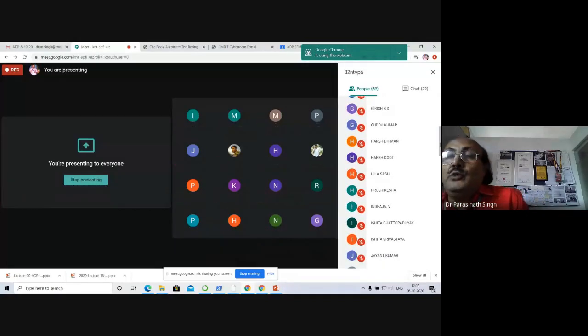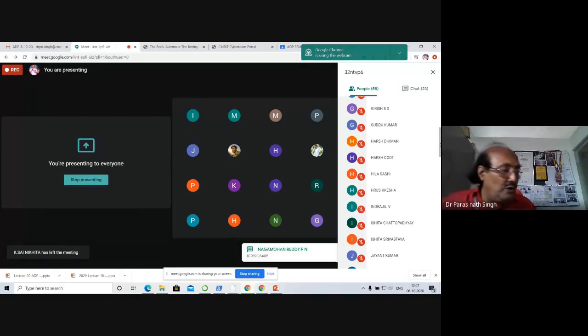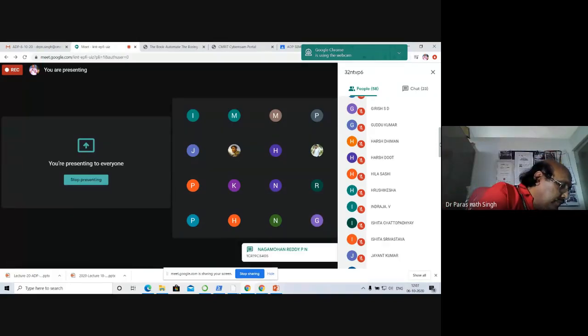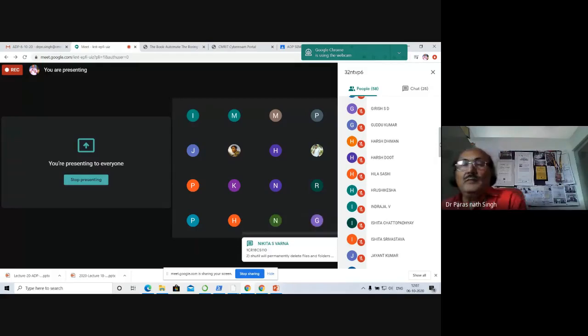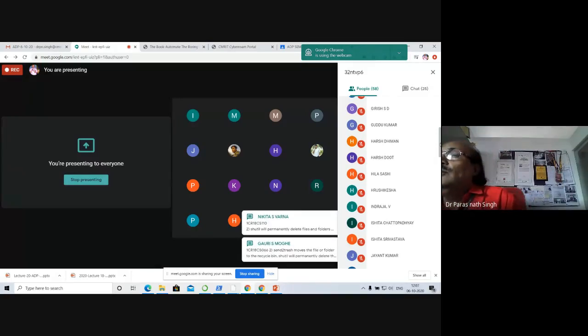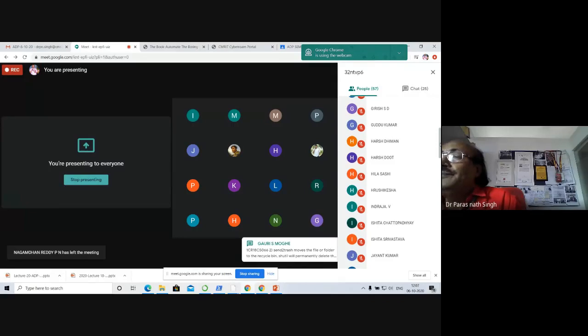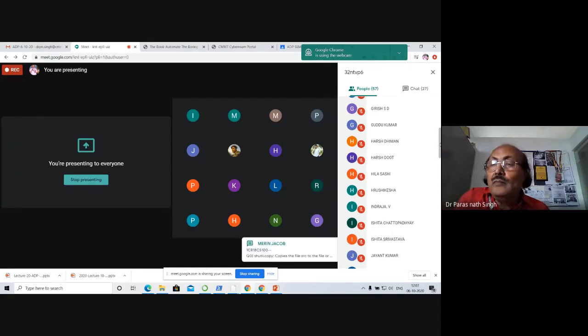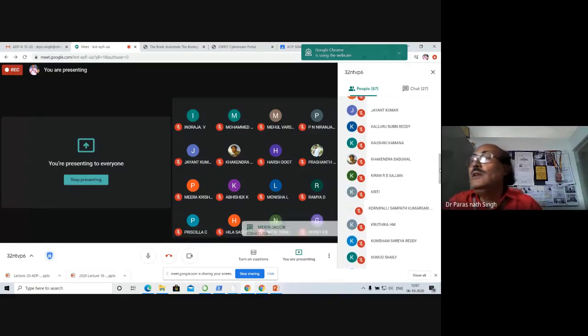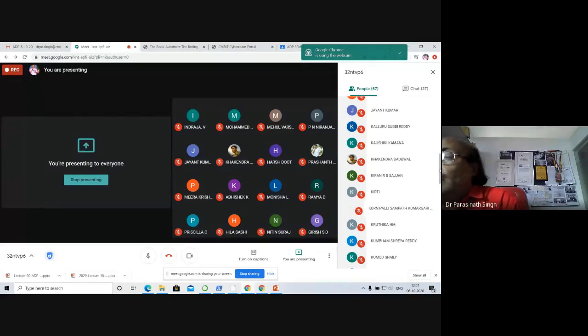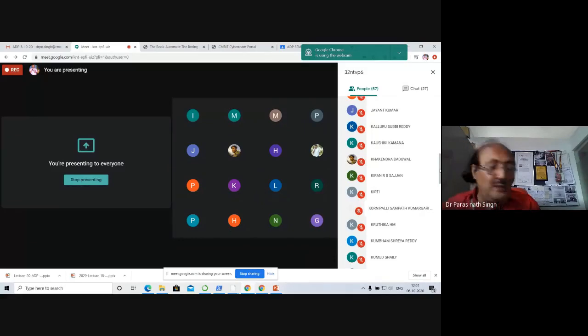Harsh Dhiman, Harsh Doot is there. Only Hardik is not there. Hardik is not there, 069. Okay, fine. Hila Sasi, Hrishikesh, Indraja, Ishita Chattopadhyay, Ishita Srivastav, good. Jayant. Vishnu Vardhan Reddy is not there. 080.